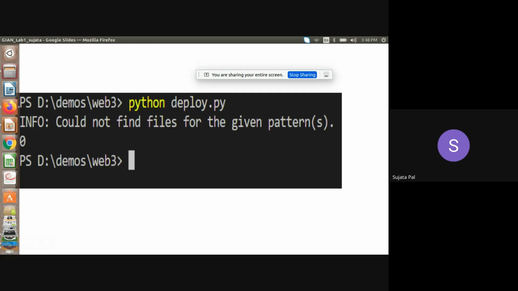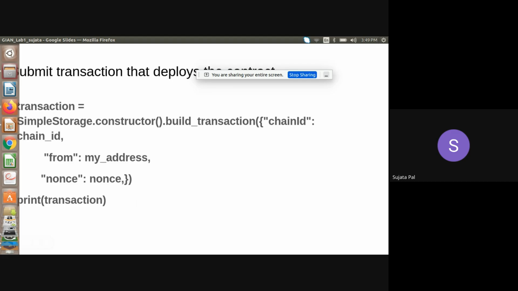Then again, we will deploy. It is running successfully, but it is showing zero value. I have not stored anything here. And after that, this is the transaction that we will do. We will build the transaction using this chain ID, using my address and using that nonce that is generated by connecting to my private address.